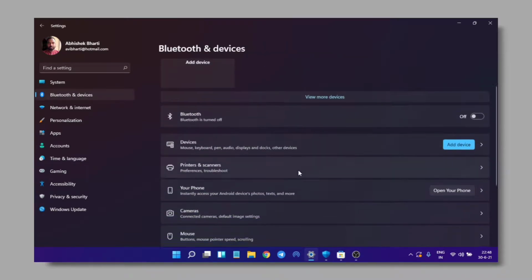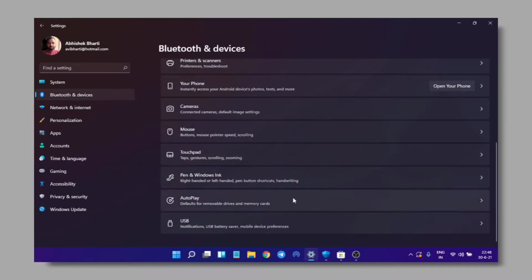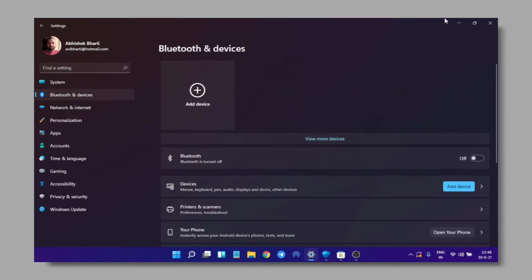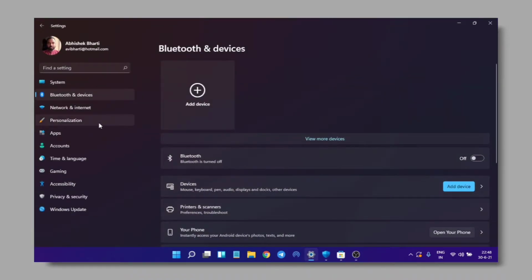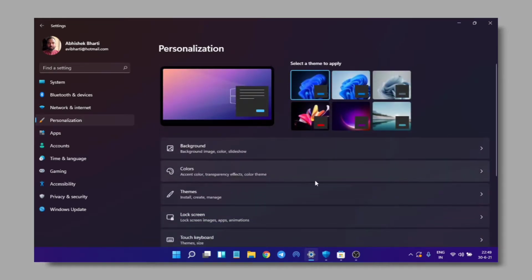So this is the Bluetooth option, and this theme that you're seeing is slight blue and red, very translucent. This is the wallpaper because of that. Because if I go here into the personalization settings, first I'm going to show you, these are 6 themes that they have. Like Windows 10 we had themes. I never actually used the Windows 10 theme. I did not like that. So let me show you. If I change it to say this one,